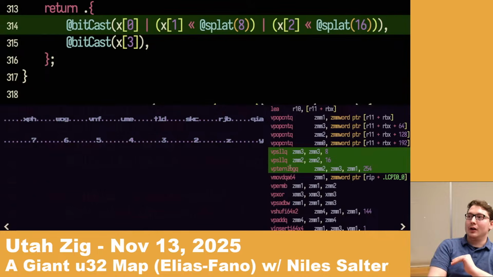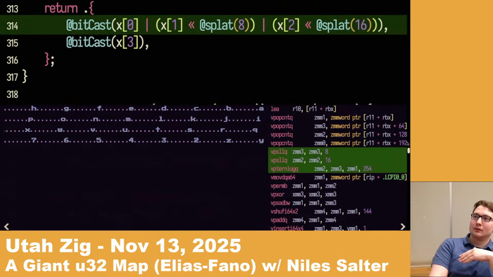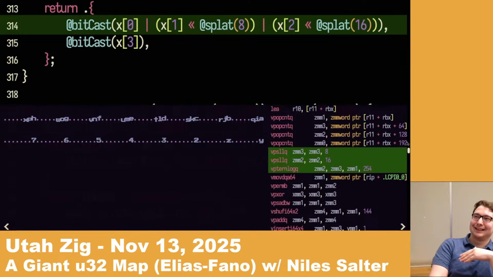That's the VP turn log right here. And so this combined 3 of our vectors into just 1 vector. In the assembly, it's ZMM2. Okay, did you see that? I can play it again. I am not versed enough in assembly to,